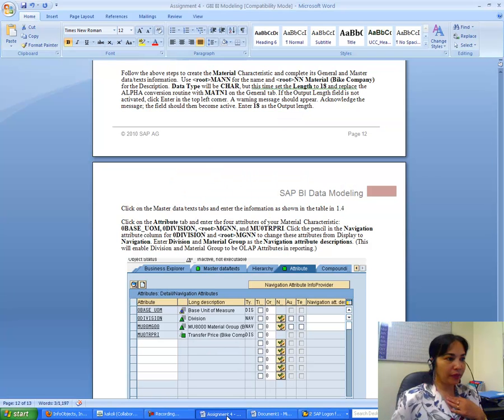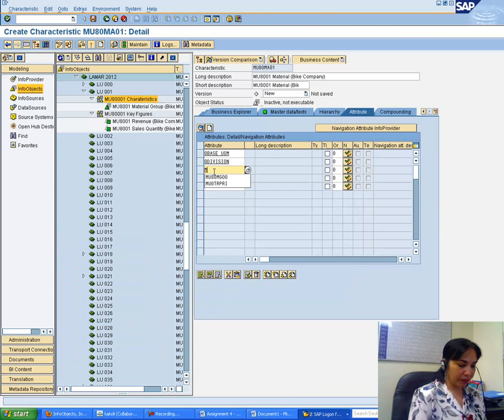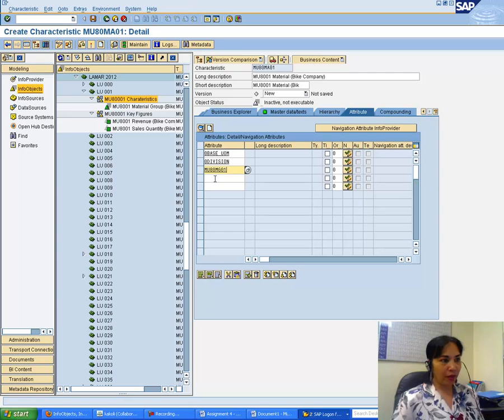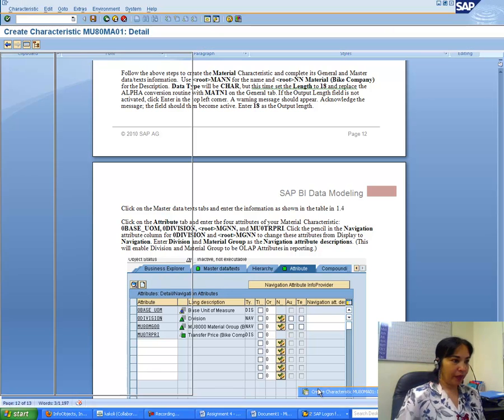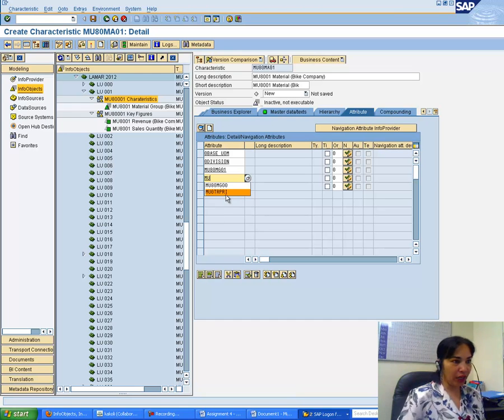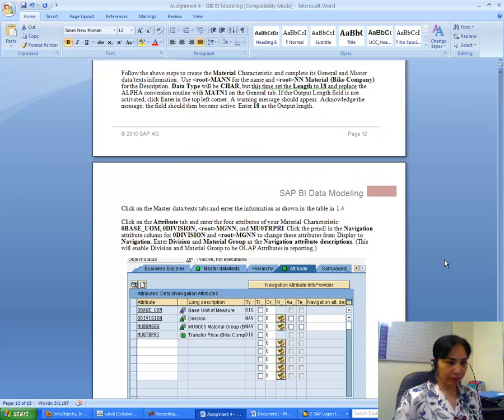okay, the next one is root MGNN, so that's MG, so material group, root MGNN minus 01, and when you put in your number be careful. And then the next one is transfer price, which is MU0TRPRI, MU0TRPRI. Okay, now after that I have to change